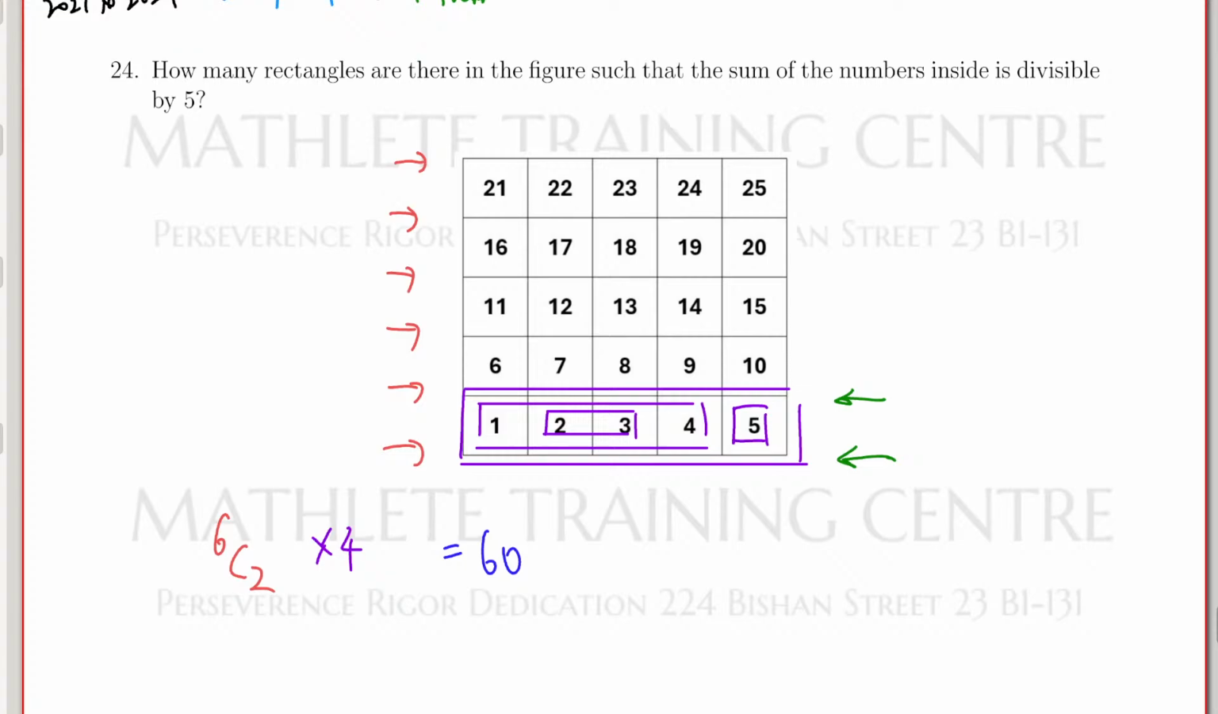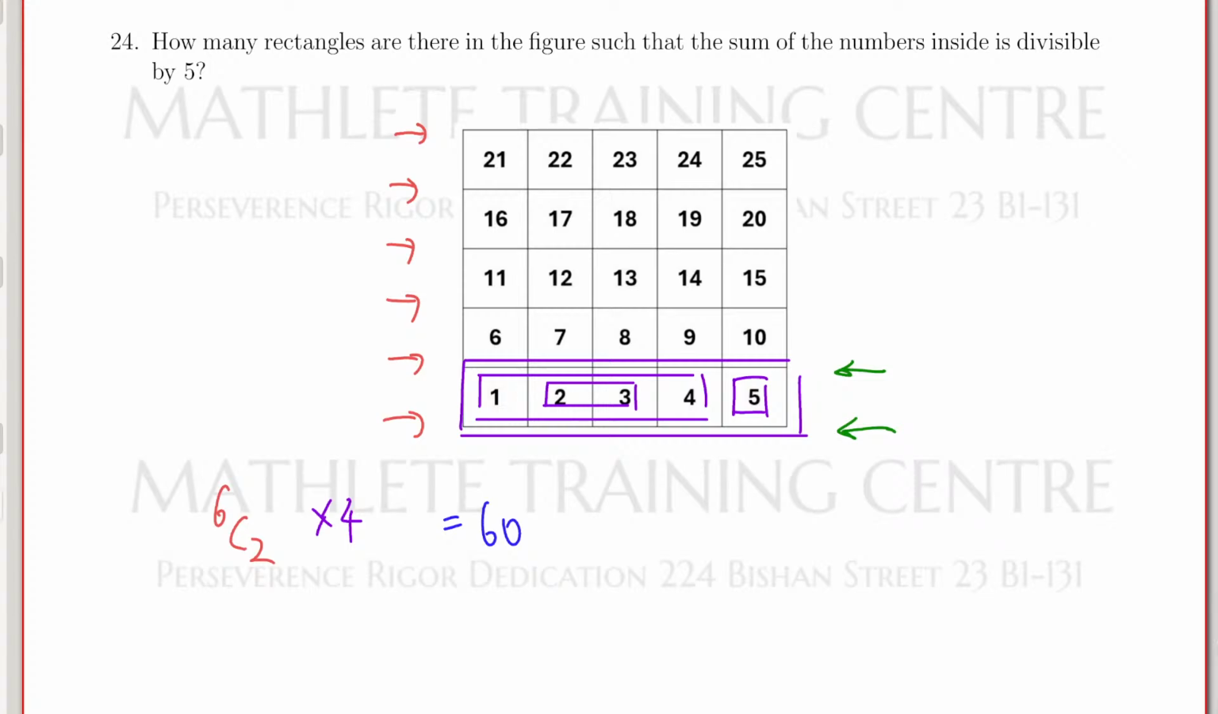So there are 60 rectangles that look like this way here. Now, but they are not the only one that works. Let me show you another type of rectangle that also works. Another type of rectangle will be when you use everything from the top to the bottom. So for example, if you use this one,